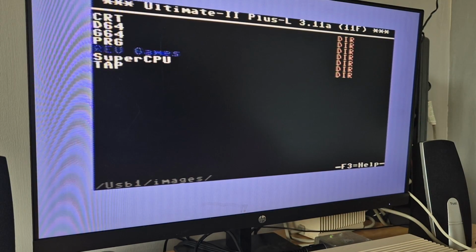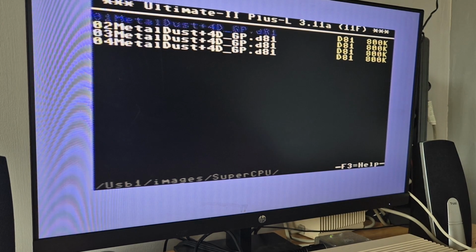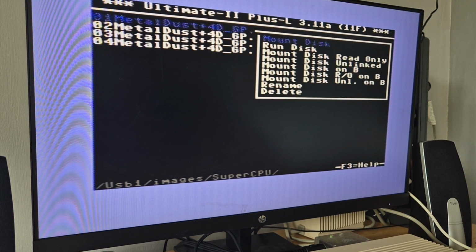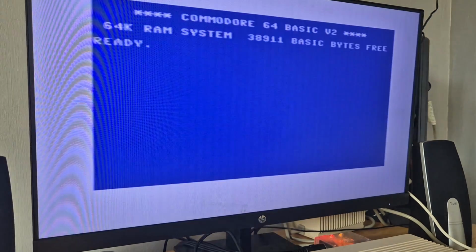Okay, and finally we've got SuperCPU. So if I go into my SuperCPU folder, enter this. Now I've got Metal Dust, which is a game designed to run with SuperCPU. So if I load up the .d81 image, if I go to run disk, now it's going to tell us just here that we need to change it to the 1581 drive. So if I just press OK here,